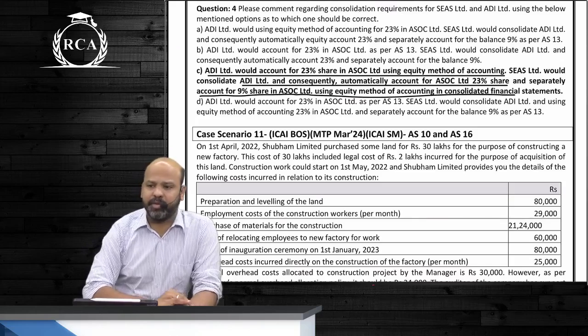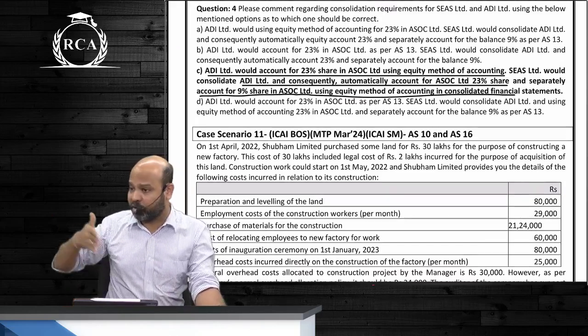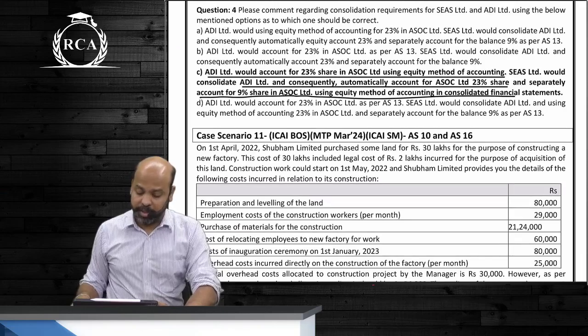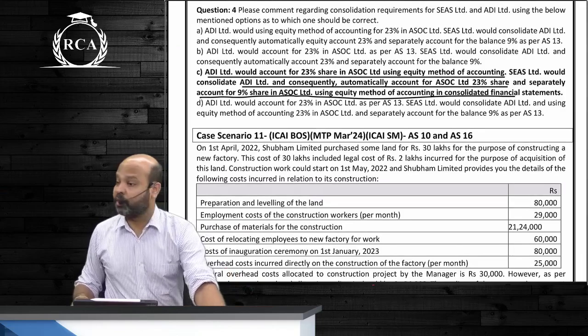They cannot give practical questions like this in the exam as such beta, because I told you we do not have multiple acquisitions or chain holdings and all of that in the exam guys. For MCQ it is fine. Did everyone understand? Shall we start the next one? Case scenario 11 is done. Is anything else pending?